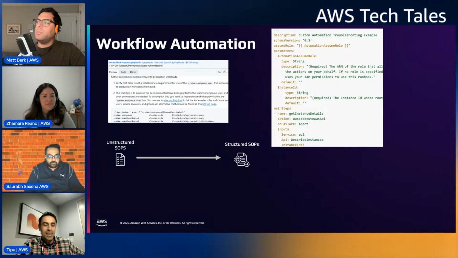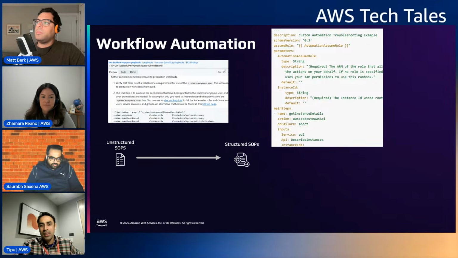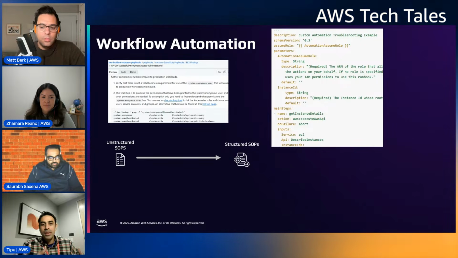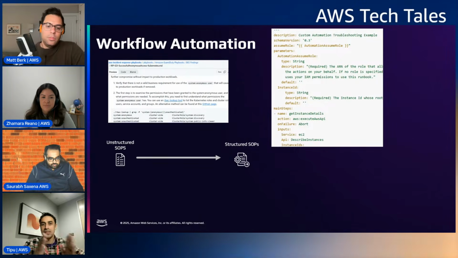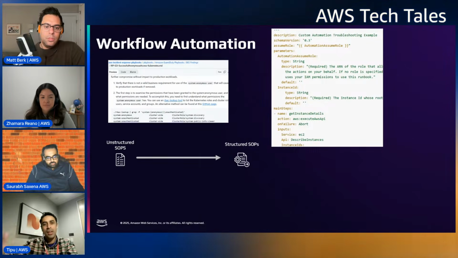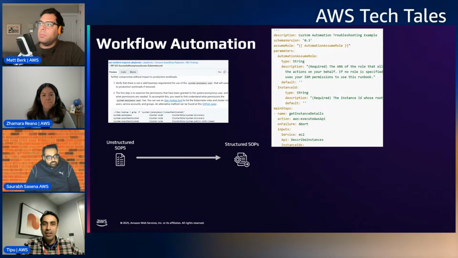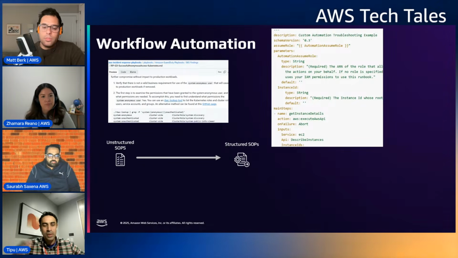Hey, thanks, Saurabh. So for a specific type of AWS service, there can be 10,000 root causes, and these things really scale, right? There can be a set of symptoms that occur. And then for the most common types, you can actually figure out the steps to determine what the problem is and how to resolve the root causes. These steps are often runbooks or playbooks across organizations, and AWS was no different. We had lots of runbooks and playbooks for our services and top issues, examples shown on the left.